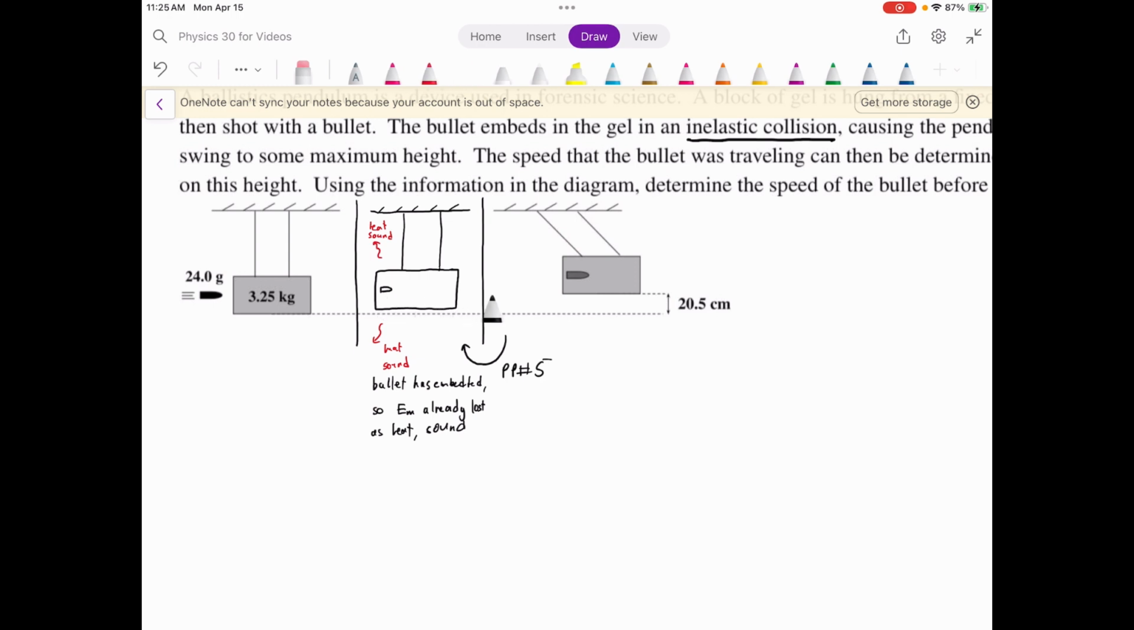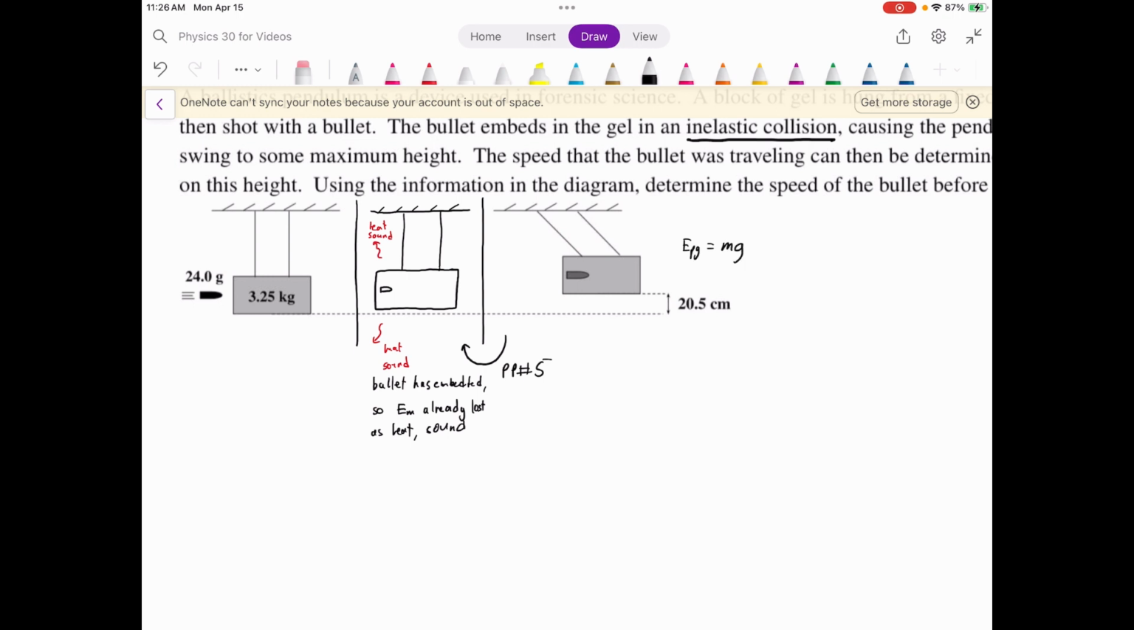What does that kinetic energy get converted to? Gravitational potential energy, just like a pendulum we would have studied in Physics 20, right? So once we know the height that this has reached, we can calculate its gravitational potential energy. We know that's just mass